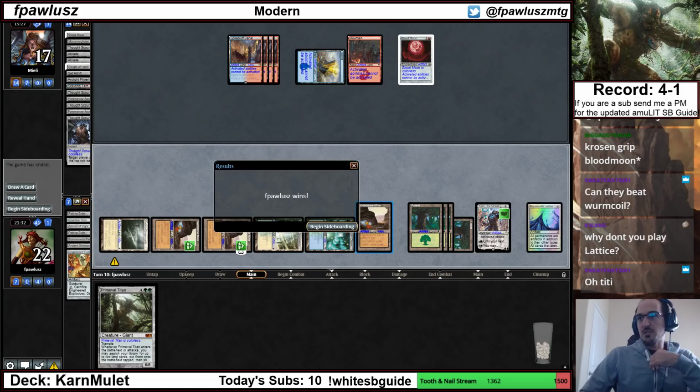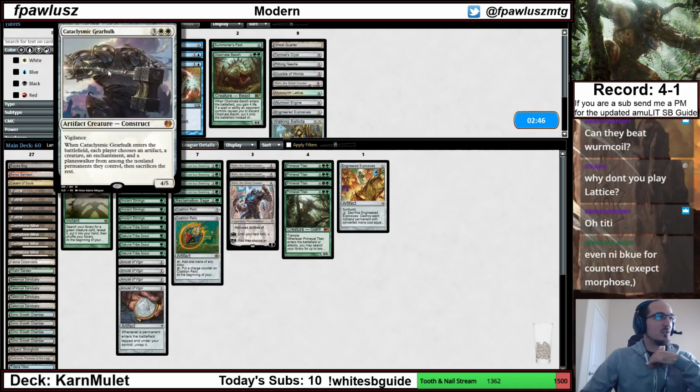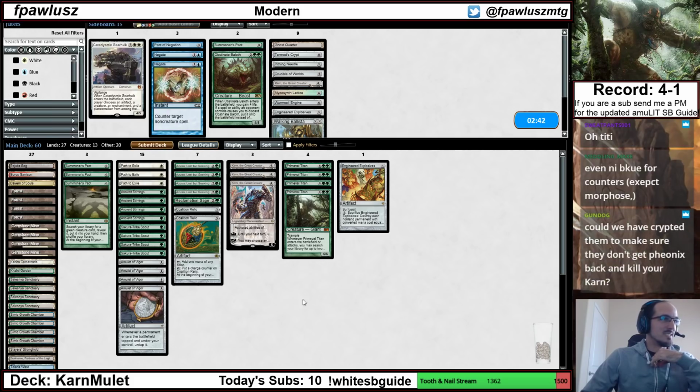How are we feeling with this configuration? Pretty good, honestly. So far, which list do you find the best with Karn? I don't like this Gearhulk. I've already said this multiple times. I don't like this card, but I like everything else that we got going on. The paths seem okay. Again, specifically the matchup we're playing right now, which is